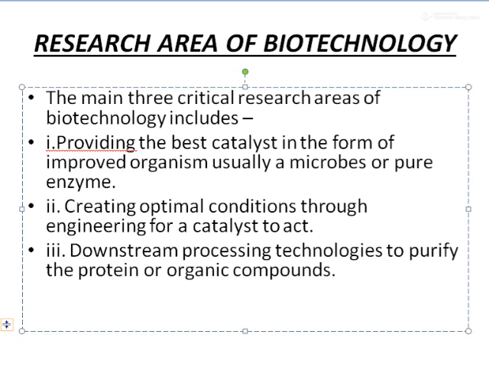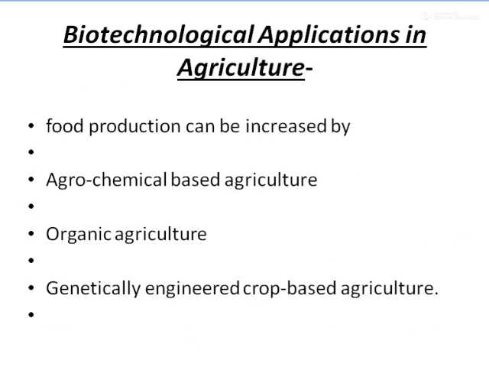Okay, research areas of biotechnology. There are three main ones: providing the best catalyst, that means the best enzyme in the form of an improved organism using microbes or a pure enzyme. Second, creating optimal conditions through engineering for a catalyst to react. Third, downstream processing technologies to purify the protein or organic compound. Okay,